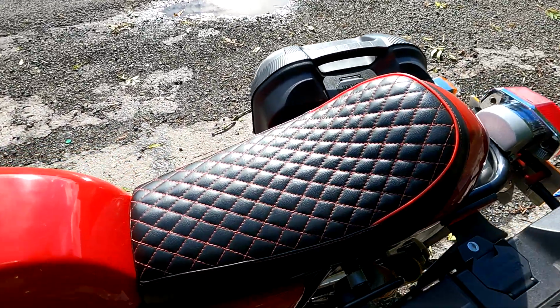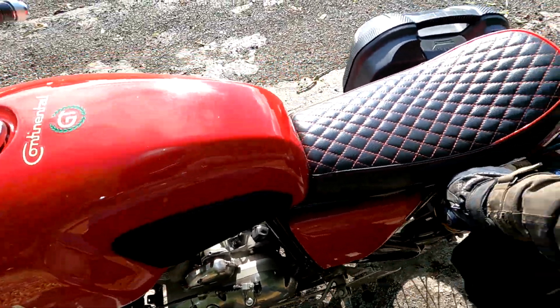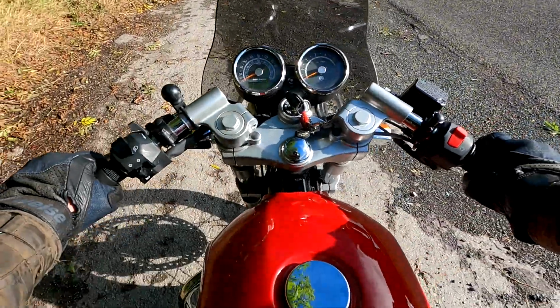My mate's made a nice little handle here to pull it onto the main stand. With panniers on, you obviously won't be able to get your hand under the frame, so I guess he's made that little handle. I'm not sure, but...